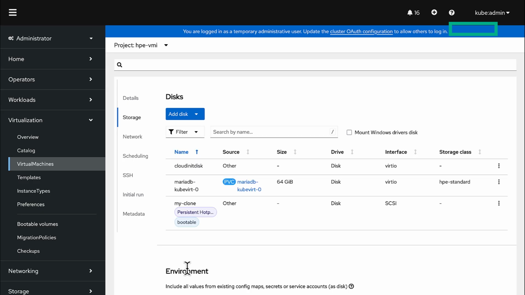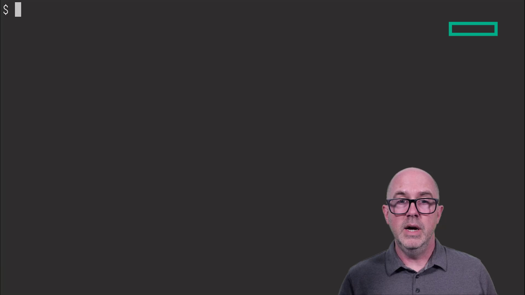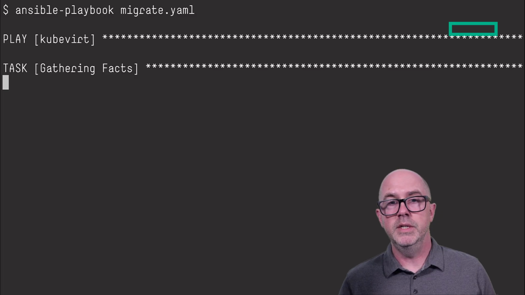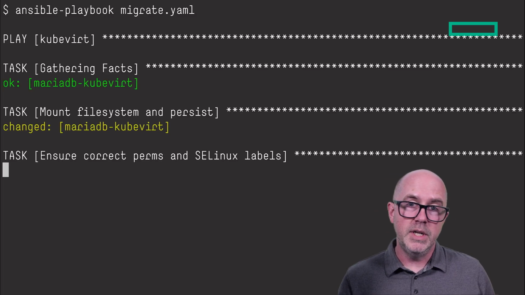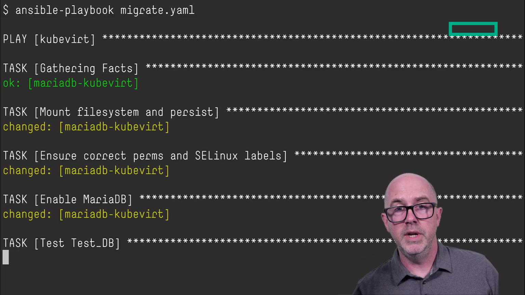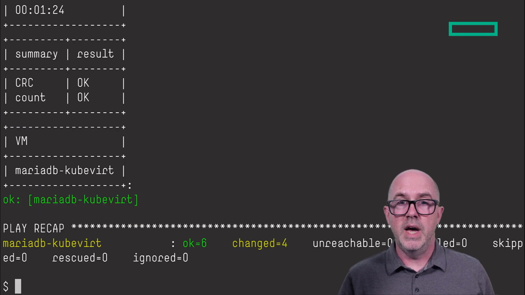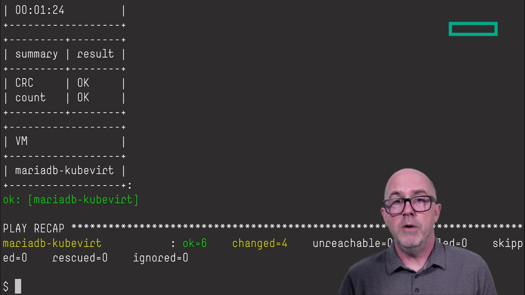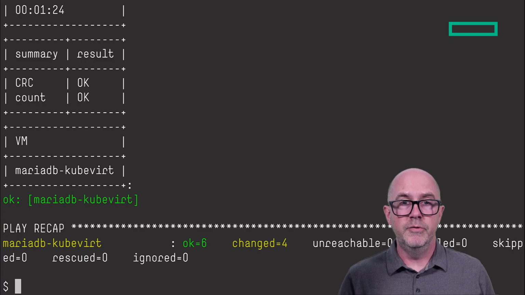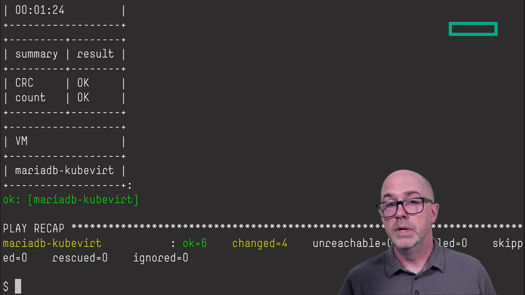Once the PVC has been attached, there is a migration playbook that will mount the disk where the application expects it. We'll start up the application and run the test query against the database. And we can clearly see that the data is intact and the database is running inside the KubeVirt VM. So we're basically now ready to migrate the workload from vSphere to KubeVirt.